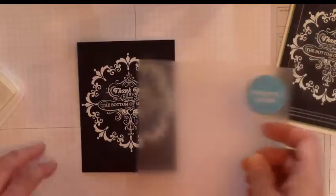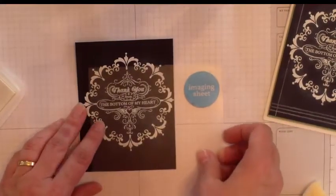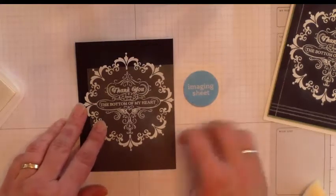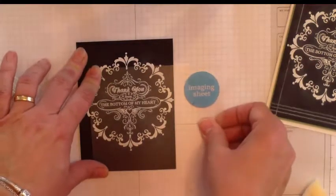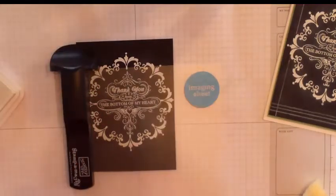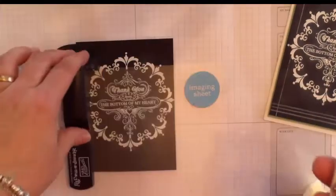to this. So what I'm going to do is I'm going to take my Stamp-A-Majig with the image again, and I'm first going to line up the image onto the paper over the top of the image that I have embossed, and then I'm just going to move it down a tiny bit, just enough so that it has a bit of a shadow, and I'm going to stamp this again, only this time I'm going to stamp it with white StazOn. And what I'll do is use my heat tool